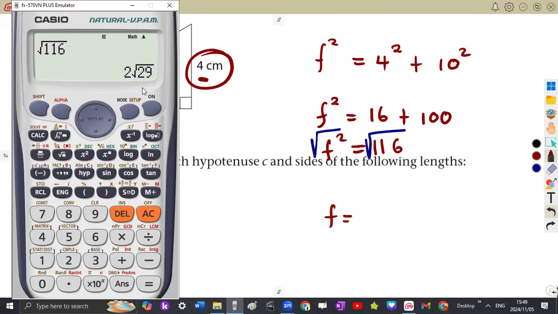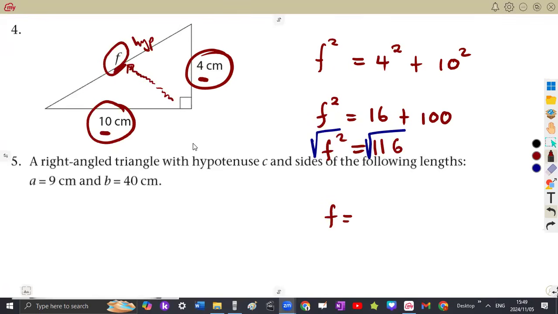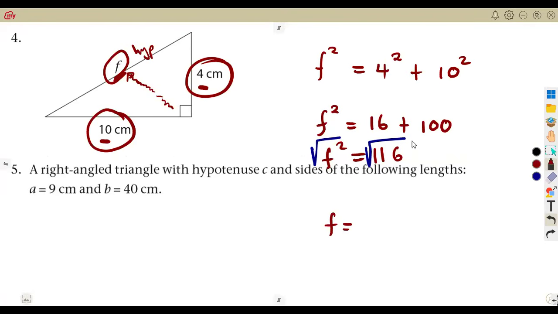It is giving us a decimal, not an exact value like, let's say, the square root of 25, which we saw before is just a 5, a whole number. We are not having that. So that is the condition where you leave your answer in surd form, under the square root as it is. So F is going to be the square root of 116 in centimeters,